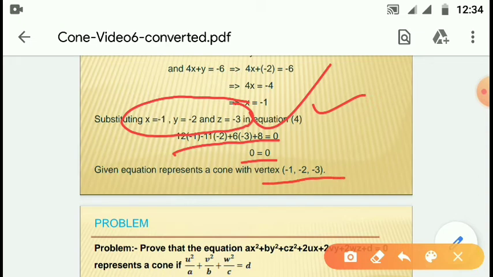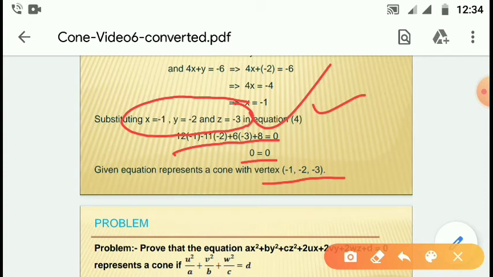Therefore, whenever you are asked to find whether the given non-homogeneous equation represents a cone or not, we have to convert the non-homogeneous equation into homogeneous with the help of t, and we have to take fx is equal to 0, fy is equal to 0, fz is equal to 0, ft is equal to 0. That means dou f by dou x is equal to 0, dou f by dou y is equal to 0, dou f by dou z is equal to 0, dou f by dou t is equal to 0, at t is equal to 1. You will get four different equations. On solving, we have to prove that these four equations are consistent. To do this, what do we follow?